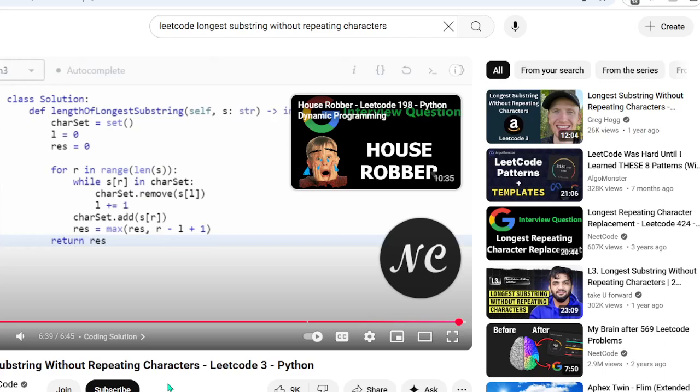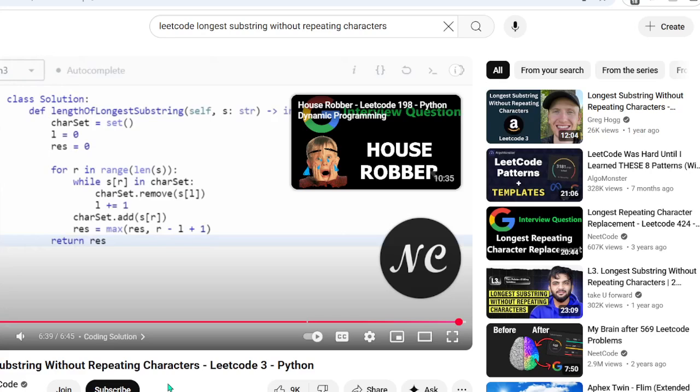So if we do this for R in range length S, right? So char set equals set. Oh, so the set starts null to begin with. So we don't actually go to this first while loop straight off the bat, because we need to add it first.